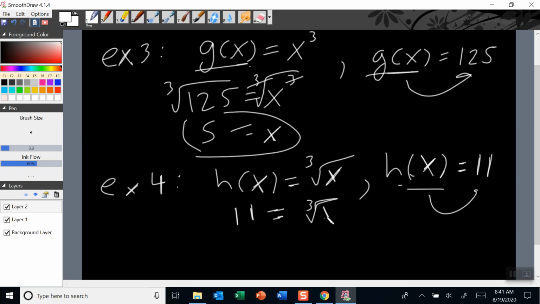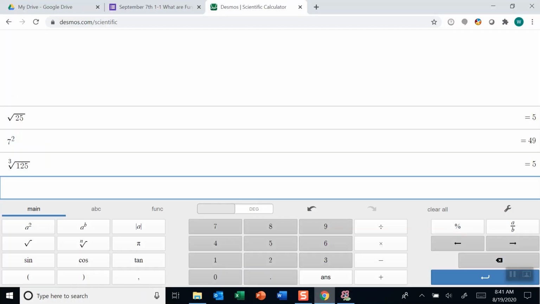root of x. Okay, so ask yourself this question. What gets rid of a cube root? Well, it's always going to be that first word. We are going to cube that right side. So what we do to the right, we have to do to the left. So we'll cube the 11. And so I go back to my calculator, and here I'll write 11. And then we look over here, see where it says a to the power of b? I push that, and that allows me to type in the number 3. So now we're cubing it, and you'll see that gives us